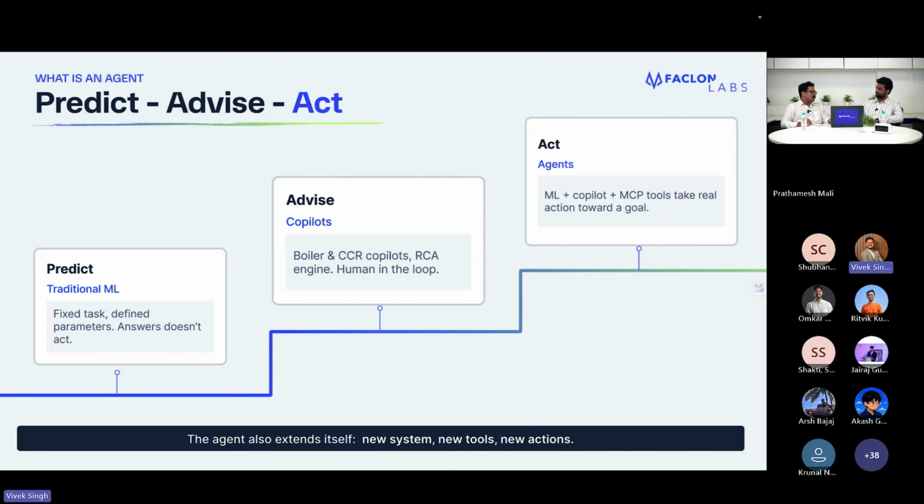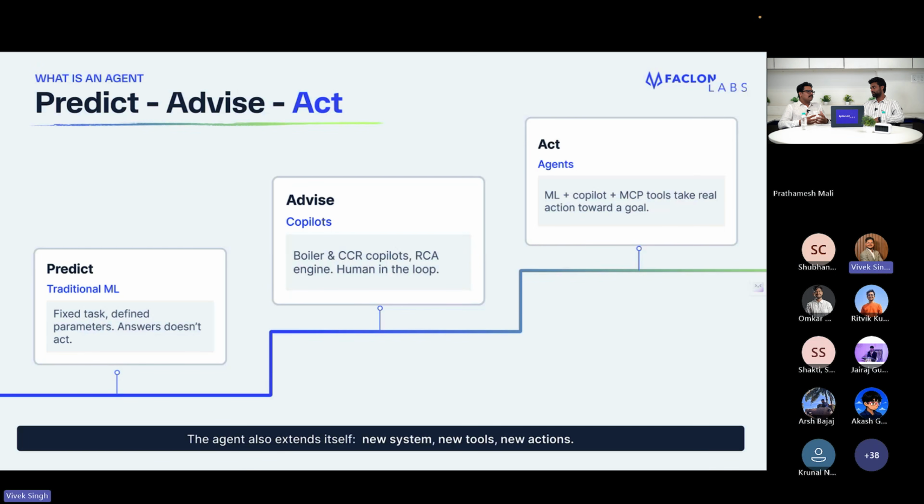Now, one step ahead was where we also had reasoning capabilities by these LLM models, or even complex if-elses, where we created different co-pilots. So these co-pilots were analyzing multiple data sets together so that they can come up with issues that are there in the shop floor, and also recommend what the solutions for those issues are, right? So again, there was a human in the loop who was actually taking actions, but then there was a reasoning capability over the static work that these traditional machine learning models had, right? I think we have delivered such kind of things in quite a few clients. We have these RCA engines being built for cements or even for boilers.